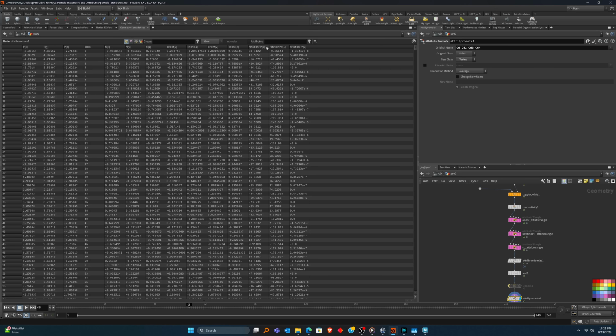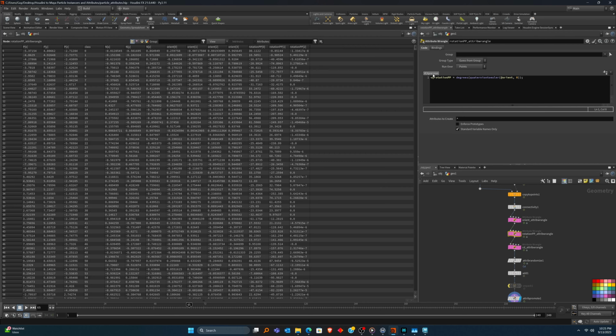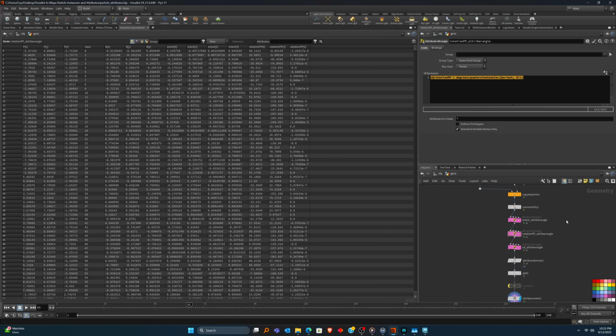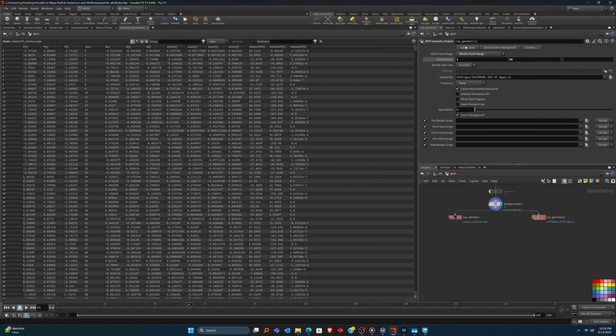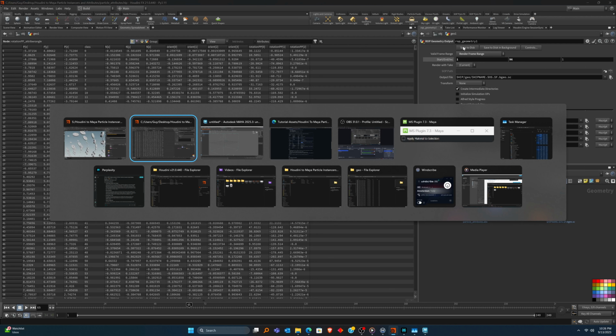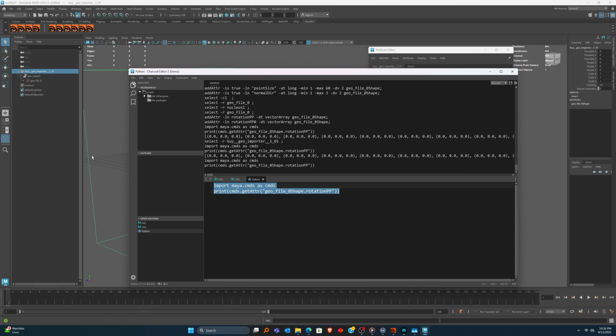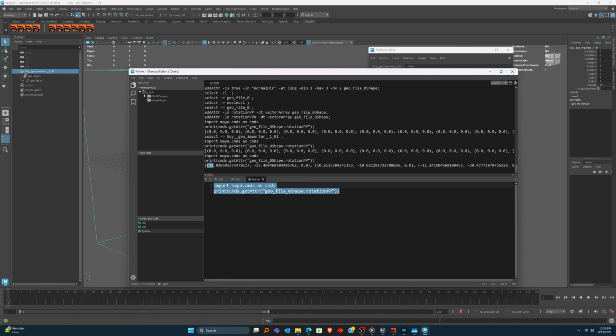When we click off, we have our rotation PP. Now it's very important to make that a vector, because if we don't, it's just going to be a single value. So here we go. And now this is set up for Maya. And then if we come down here and re-export, save to disk, our geometry, then come back here into Maya and click reload, we can run our rotation PP, and look, now our values come in. Now we have our